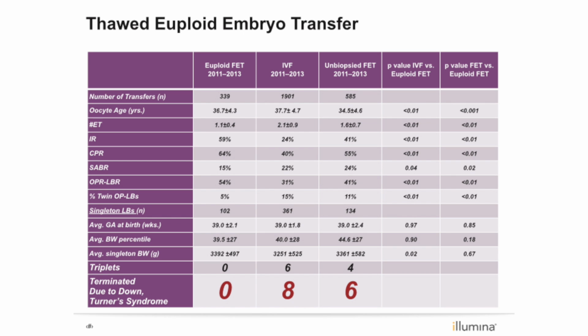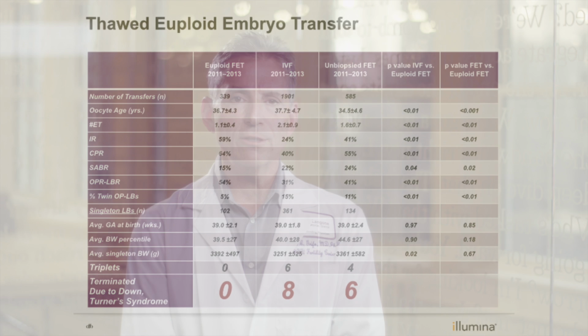That's a good thing. And those 14 patients who had to lose their pregnancies at a very late stage and be traumatized, that's standard of care IVF. That no longer has to be standard of care. And so, I'd like to conclude my talk with the literature supports doing pre-implantation genetic screening as I've described. The safety of the technique exists, the safety of biopsy has been demonstrated, the accuracy of the different platforms to screen for aneuploidy is there, the lower miscarriage rates, the better implantation rates, the better outcomes have been shown, and now it just becomes a cost-benefit analysis, I guess, as a final way to decide if that's the way we want to go with it,